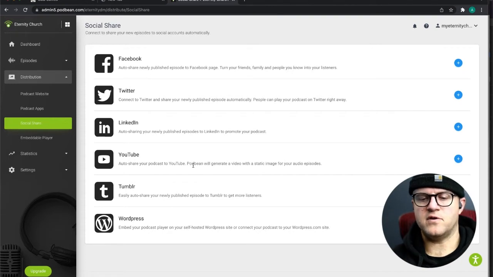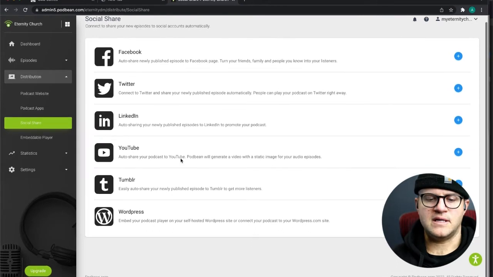That's the interesting thing. If you're not already broadcasting to YouTube, it's really easy to upload the audio at least, and just have a graphic be your video portion in the YouTube, so that people can listen through the YouTube app very easily.